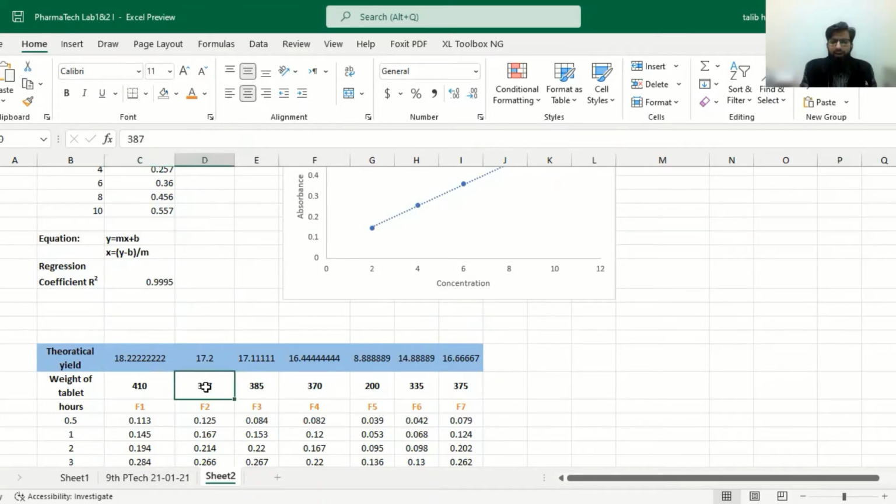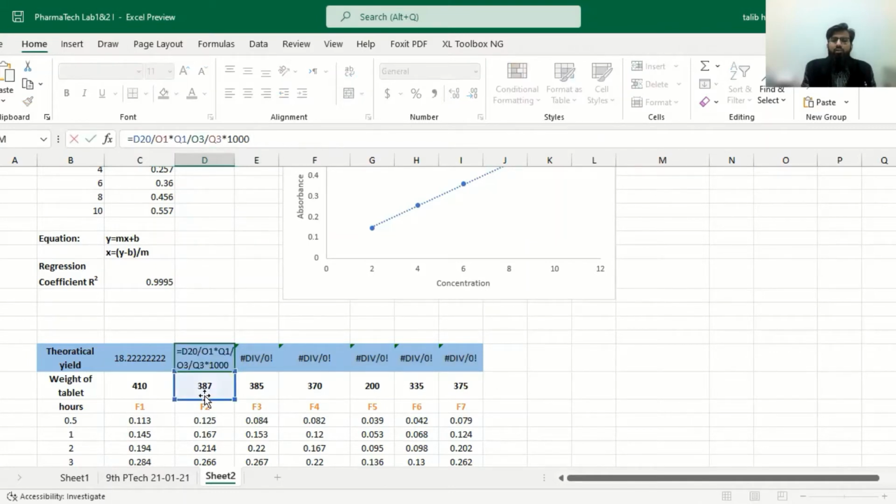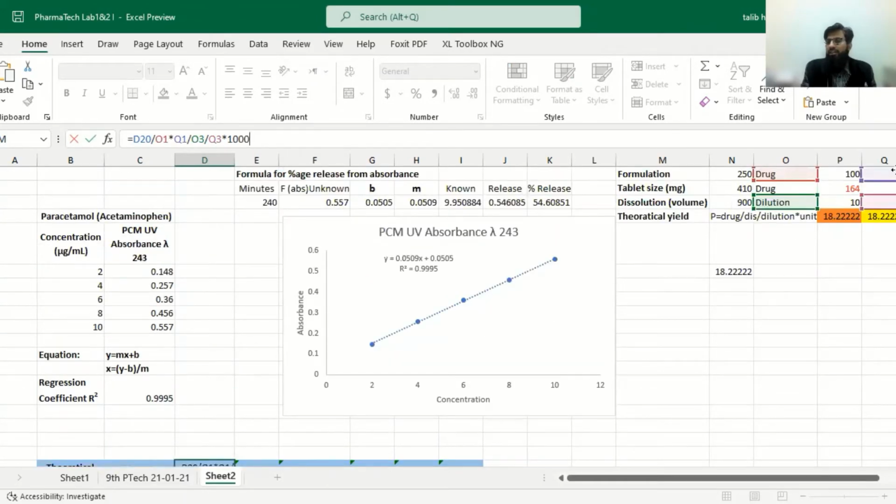This can be calculated for F2, for F3, for F4, for F5, F6, F7 by applying the same formula. It can be dragged from the left down corner to these sides. So it will calculate for all the formulations. But check here, there are no values. So what is the problem? If we click over here and check what is the reason, it took the same weight which was required, and then it didn't take the same cells which are used for the same analysis, because we dragged it to the right side. So every cell will be shifted to the right side.